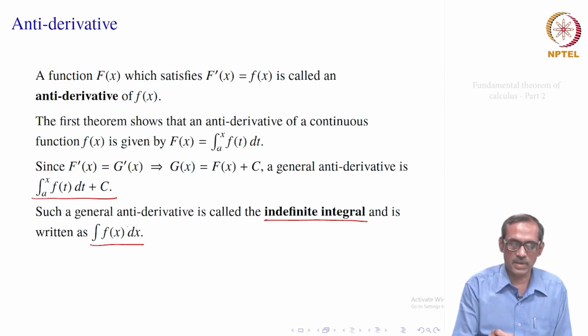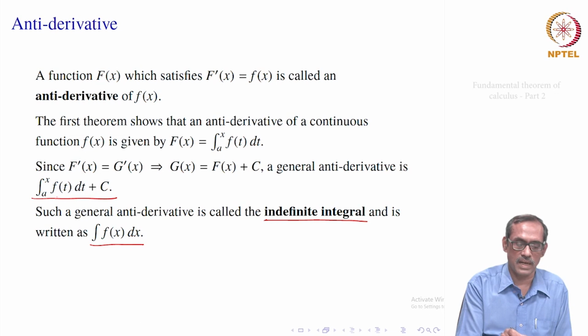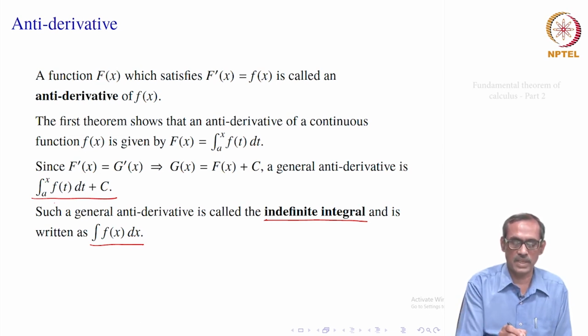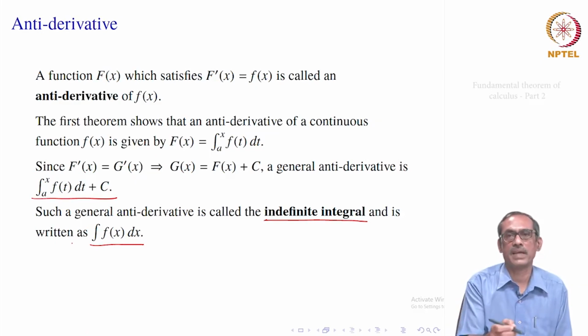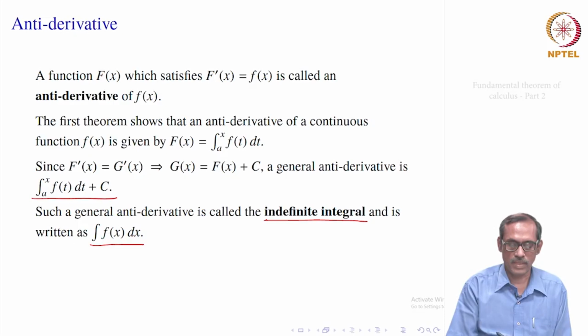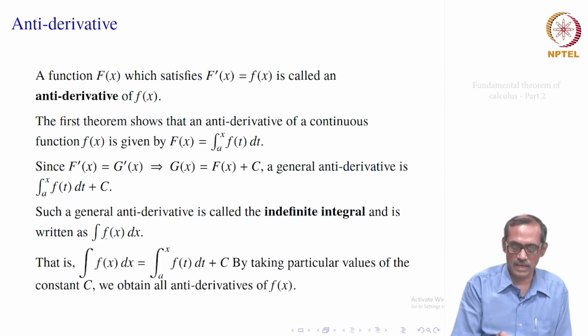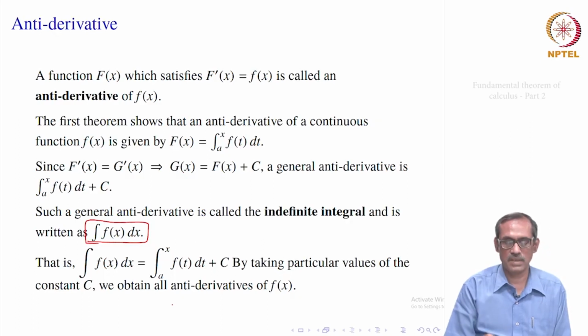So, that means this indefinite integral f of x dx is equal to integral a to x f t dt plus c for some a, because f is defined on that a. So, first endpoint we are taking. In fact, you can take any other endpoint also, and the constant will accommodate that a itself. But in general we will say that the indefinite integral is this, where we do not write a to b or a to x.